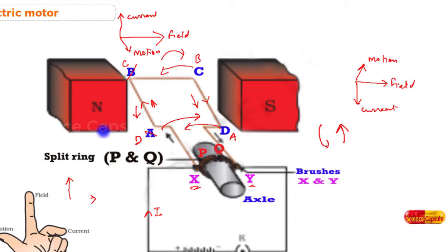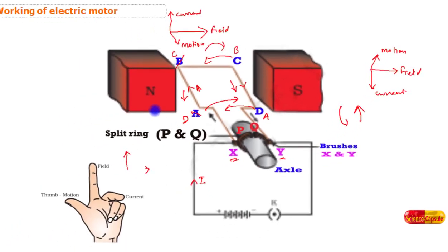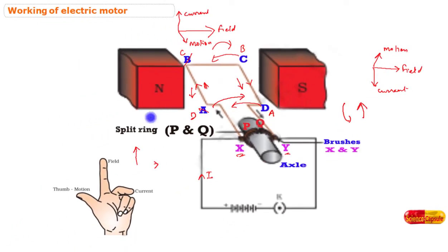A device that reverses the direction of flow of current through a circuit is called a commutator. In this electric motor, the split ring acts as a commutator. Always keep in mind that such a simple 1 mark question will be asked in the CBSE examination. Here the main role of the split ring is to reverse the direction of flow of electric current, which is why it acts as a commutator. So we can say that the reversing of the current is repeated at each half rotation, giving rise to a continuous rotation of the coil and the axle.